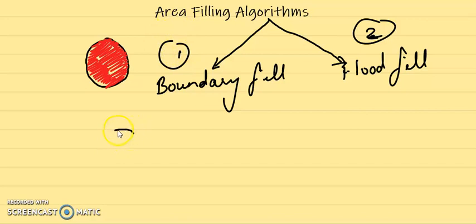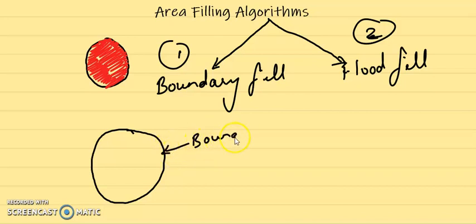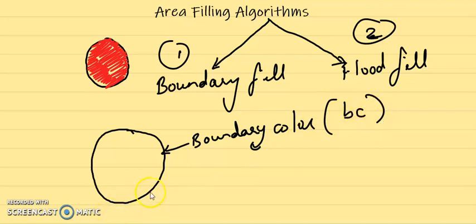Okay, so again I'm going to make a rough area out here. So this is the bounded circle given to you. Now what is the actual thing given to you out here is something called a boundary color. That is given to us, right? So I call this color BC. That's nothing but boundary color.